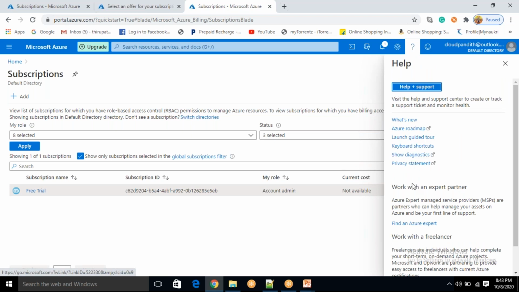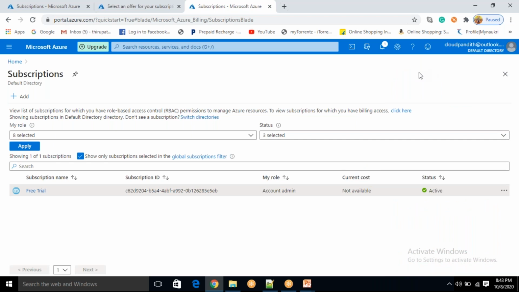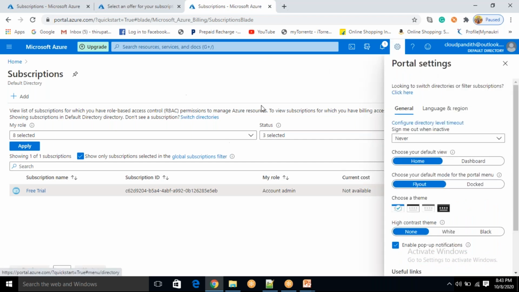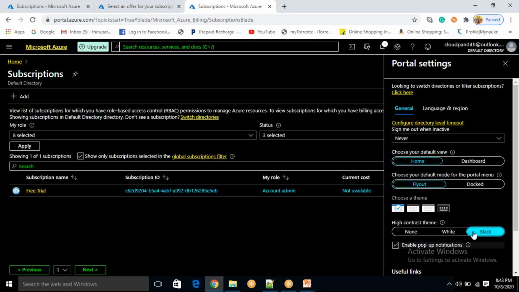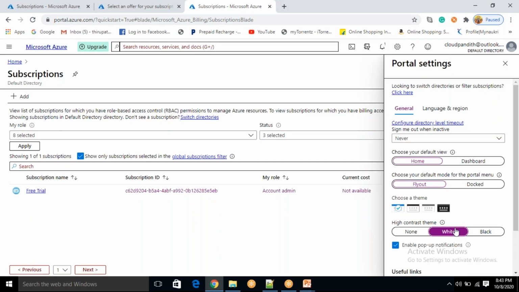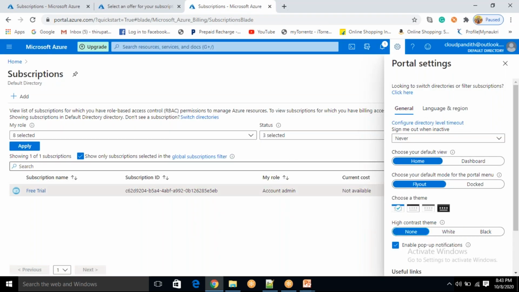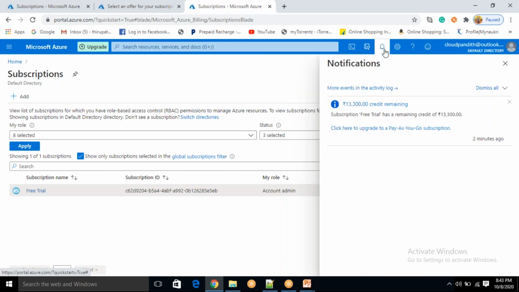Next, this is a kind of help. If you want any help, you will see some documentation links. By using these links, you can check the debugging options and all those things. Next, these are the settings. If you click on this, you can change the background color and other things, for example black, everything is black, or white. If I don't want any changes and want to restore whatever was there previously, you can go with the default.